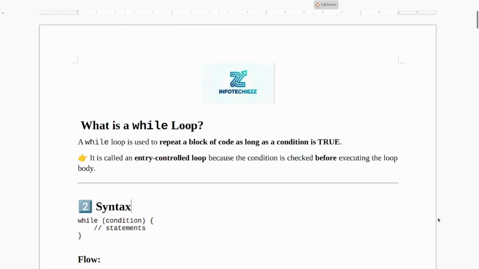Now in the C playlist, we are going to see about while loops in C. In our previous video, we have seen about nested for loop. Hope you understood. Now we are going to see about while loop in C. Basically, while loop is a type of looping statement. It is used to repeat a block of code as long as the condition is true,